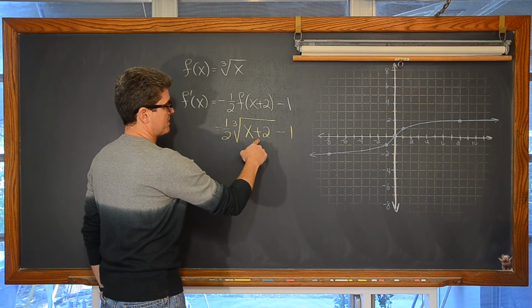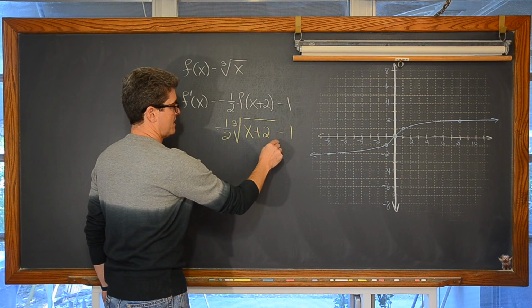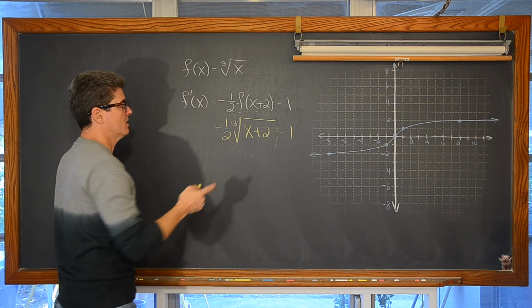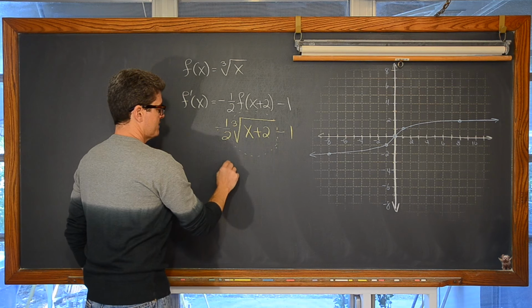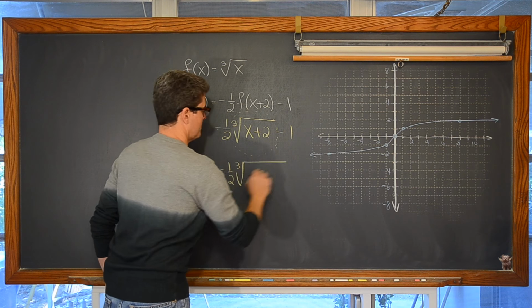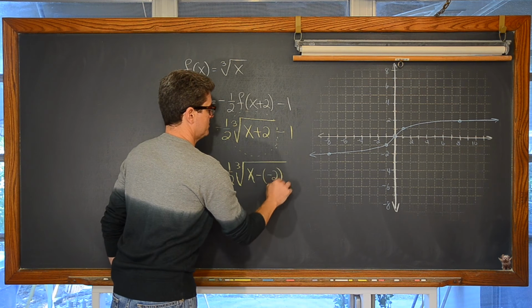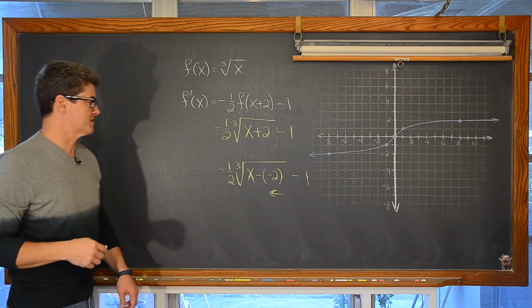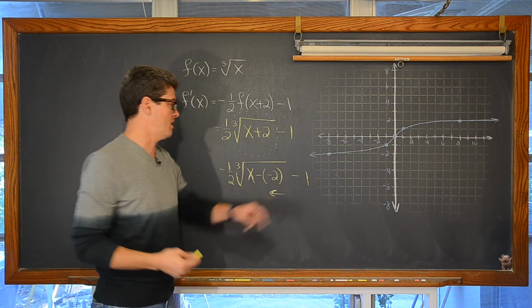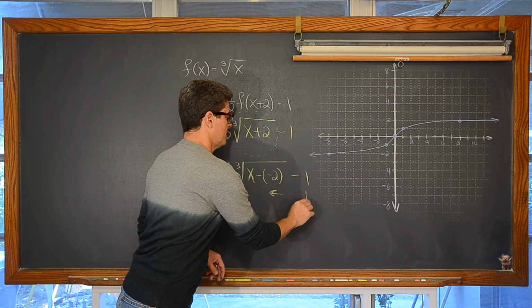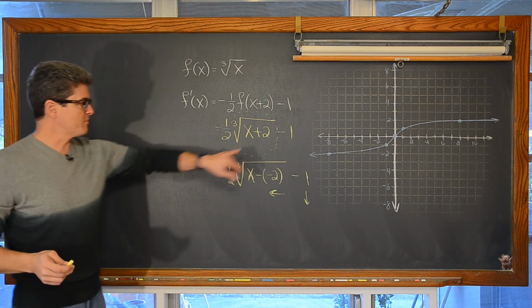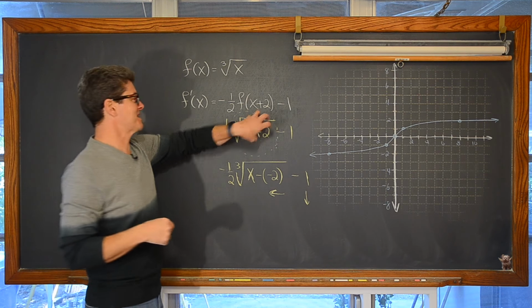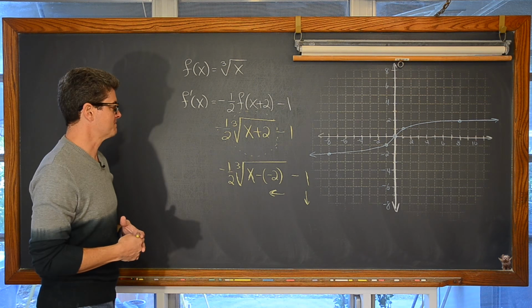Okay, now this is x plus 2, but this plus 2 is inside our main math operation, which is the cube root function. So this is really like negative 1/2 times the cube root of x minus negative 2, and then finally we have a minus 1. So that's going to move the graph to the left 2 places, whereas the negative 1 is going to move it down. See, the plus 2 kind of makes it seem like it should go to the right, but it's actually to the left. Transformations inside the main math operation always seem to work in reverse.